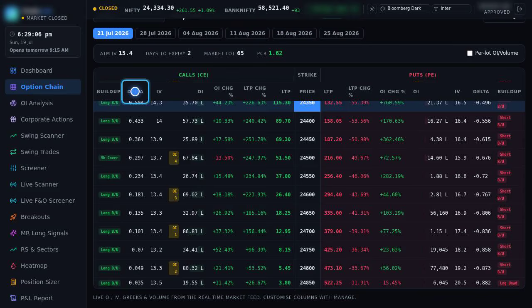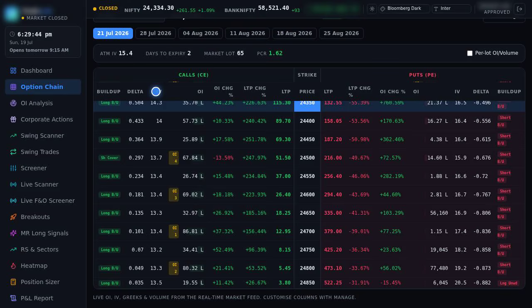Delta has 3 siblings, the other Greeks, and you should at least know their names. Theta is time decay. The rupees your option quietly loses every single day just because time passed. Theta is the enemy of every option buyer. Gamma tells you how quickly your delta itself changes as price moves. It's highest for at the money options near expiry, which is why they can swing so violently. And Vega measures how sensitive your option is to implied volatility, how much you gain or lose if the market's expected volatility rises or falls.